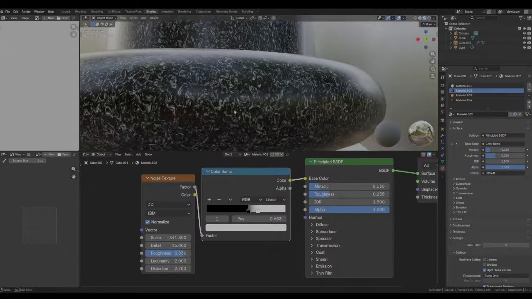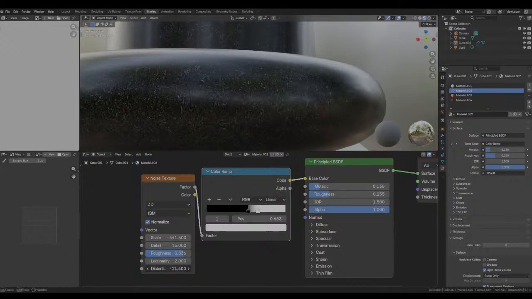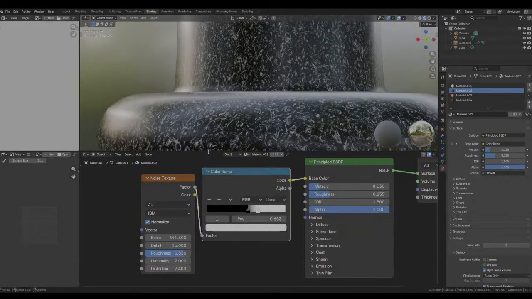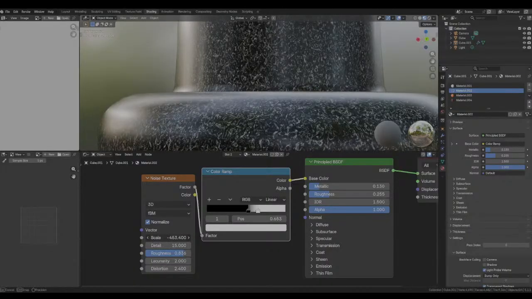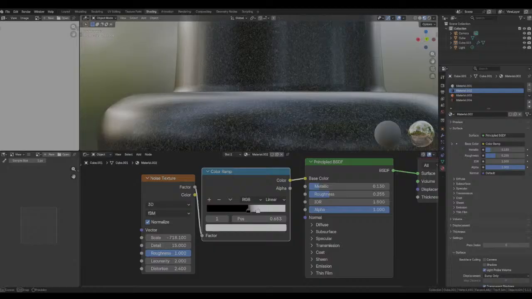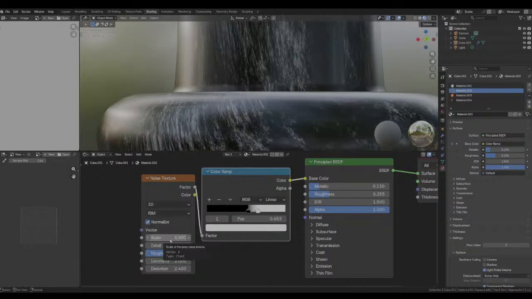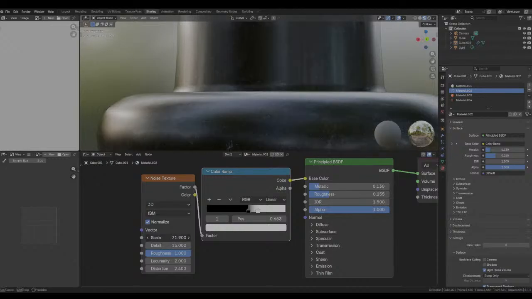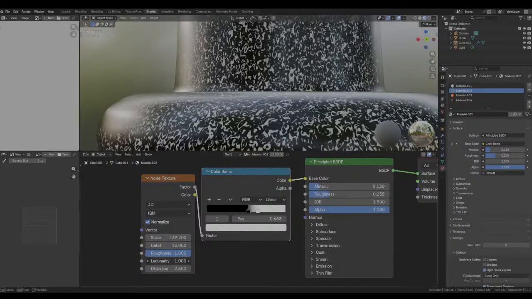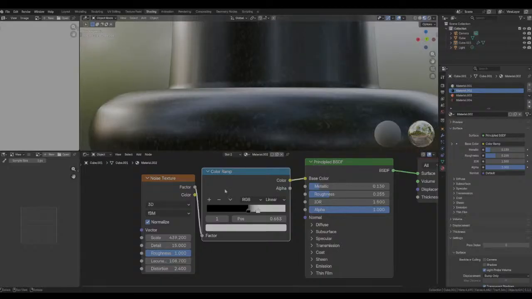That is so fucking cool. I just want like tiny details.